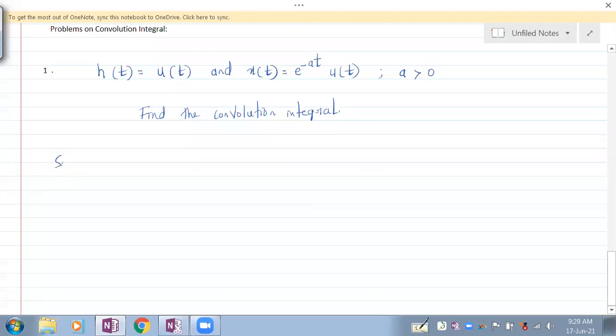Let's first write the equation of convolution integral, and before writing that, let's make one decision here. y of t is given by x of t convolution integral h of t. Now among x of t and h of t, x of t is the signal that is a little complex compared to h of t. So let this be our first signal. Understand? So comparatively, which is a little complex, that needs to be your first signal.